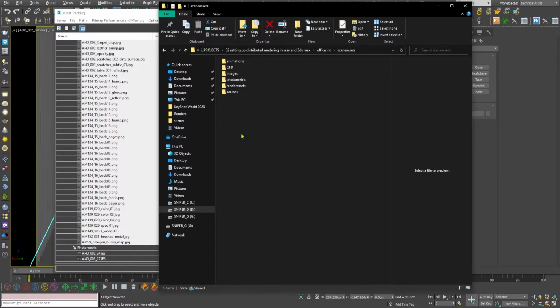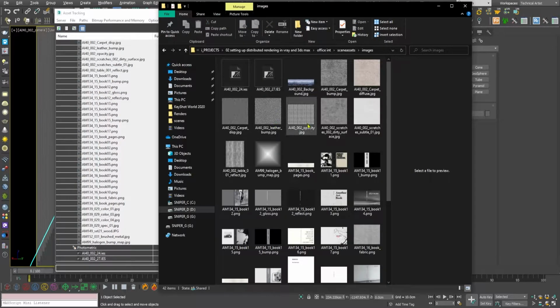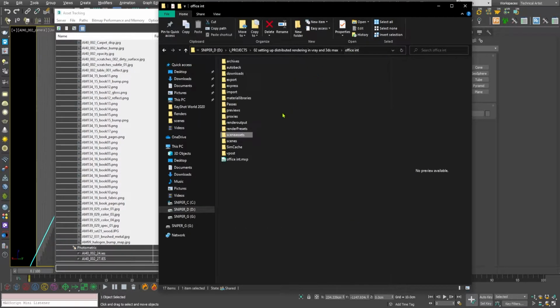I did copy all of the textures to my scene assets and images folder, and you can see that I am using the default project management structure that 3ds Max uses. So it is very convenient for me to use this directory structure and be organized.